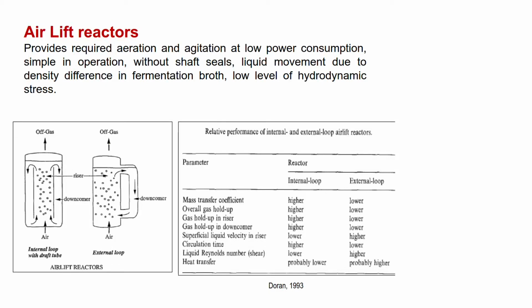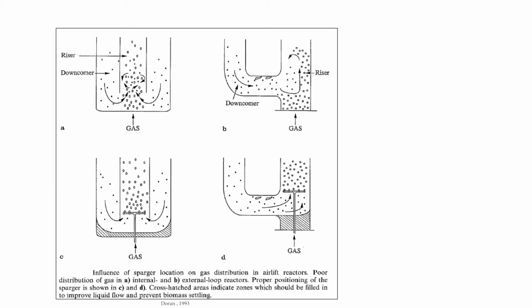Ma'am, how does that external loop work? It is just an enclosure which is in continuity with the inner reactor, so the flow streamlines. What is increasing? You are having an extra path. So, you are giving more time for gas hold up. The more the time, the more time is given for exchange to happen. So, more circulation time. Then this is what I was talking about, the position of the sparger if you see.